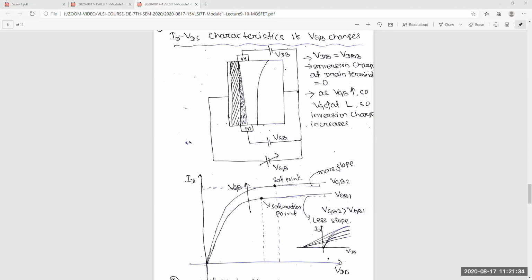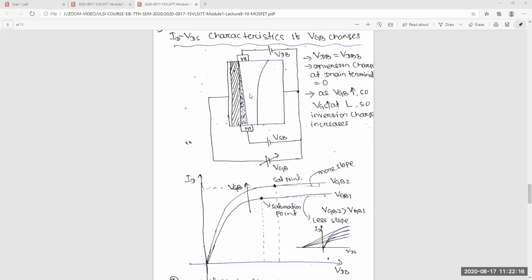Why? Because of the electric field part. There are two electric fields working. One is from drain to source, another is from gate to bulk. Yes or no? Two electric fields, because this is the supply, it's the gate voltage, it's the bulk. There is a supply, so the electric field will be there or not? It's a positive voltage, so the electric field will be there in the X direction. And there is also a voltage difference here, so an electric field in the Y direction will be there. Yes or no? Yes, sir.